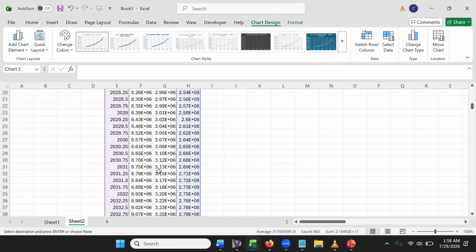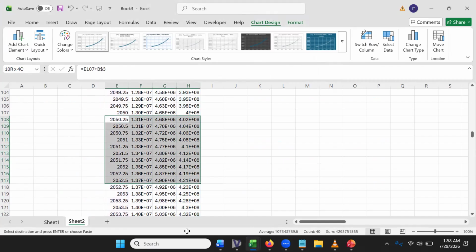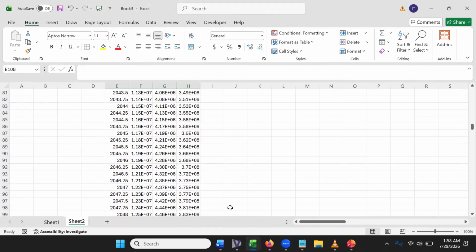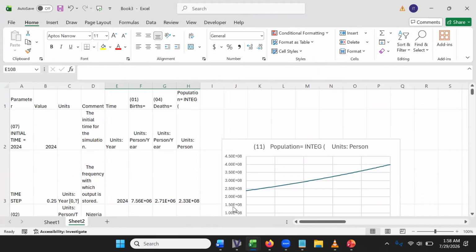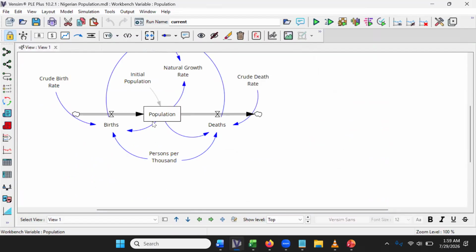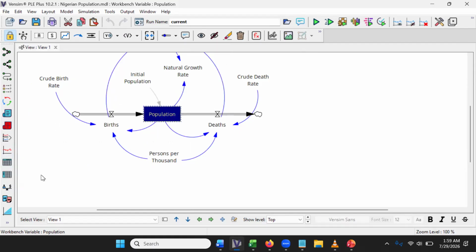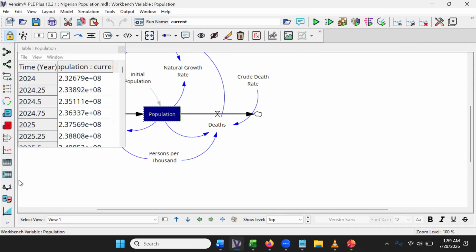So there's the graph. There we have the graph, and this would be the same exact numbers as the Vensim model. So if we look at the model here and look at the graph, we see we get the same graph exactly. And we can look at the table of values and see that we have basically the same numbers,